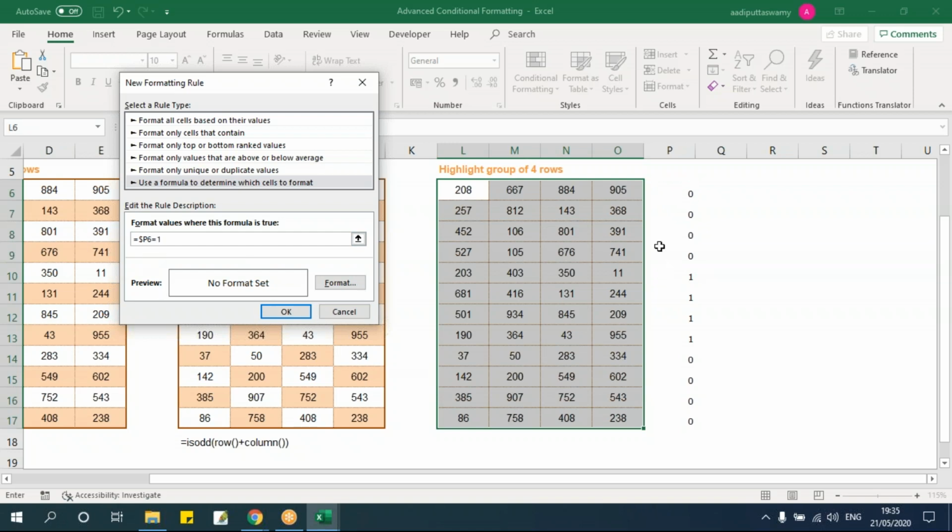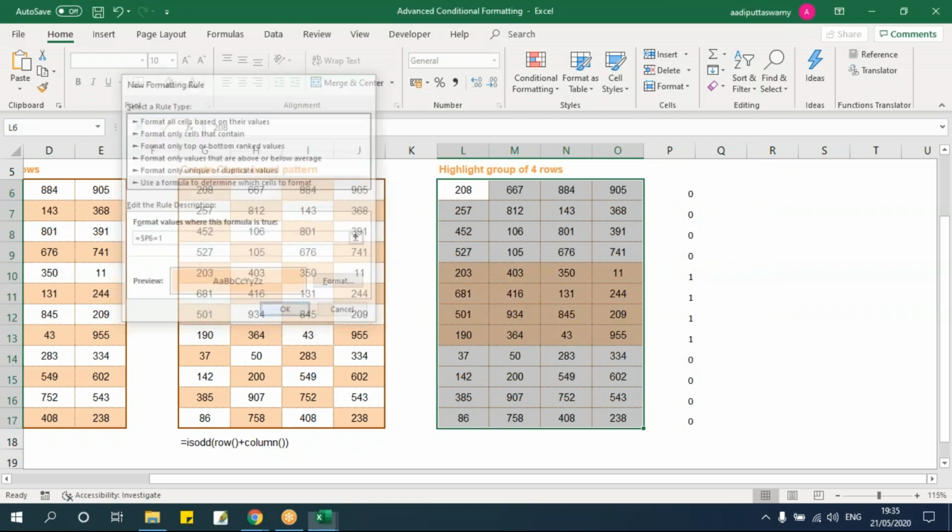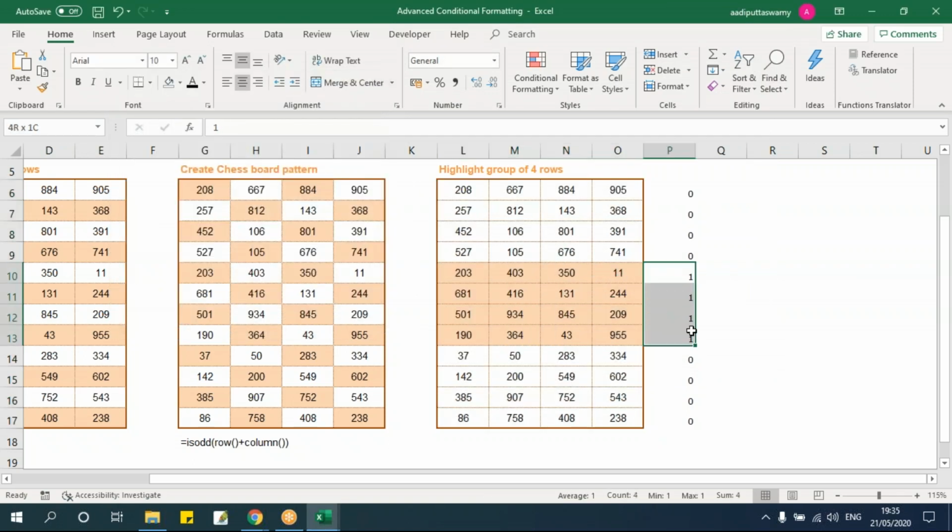That means if this cell is equal to 1, then highlight. Otherwise, don't highlight. Say OK. So wherever I see this 1, the rows are highlighting. It's not that it will highlight only these groups of 4 rows. Wherever I say 1, that will get highlighted. Right.